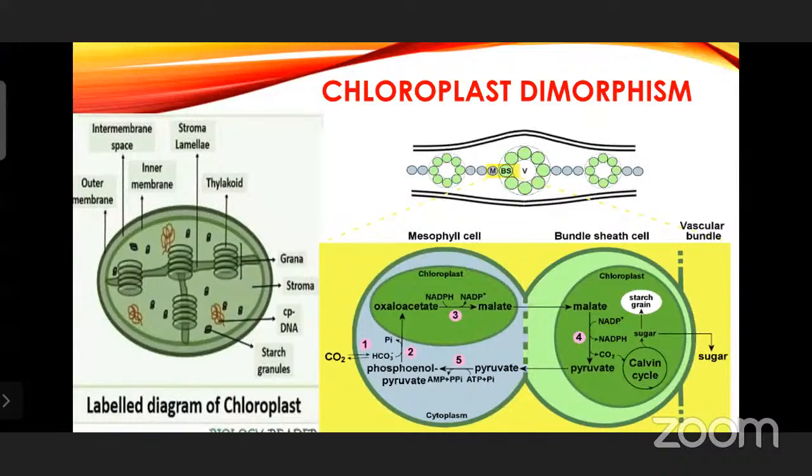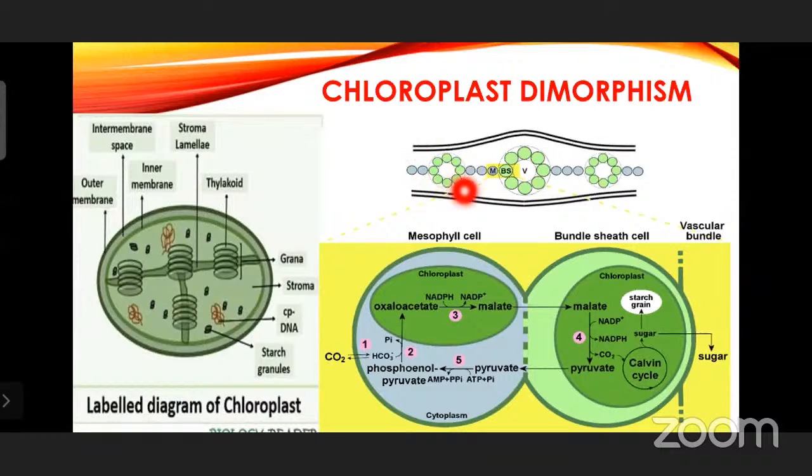One is grana chloroplast. Grana chloroplast will be having both the grana and stroma, where light reaction and dark reaction will be taking place one by one. In the mesophyll cells, only one type of cells, mesophyll cells, will be present. Whereas another, agranal chloroplast, means the Kranz anatomy. The Kranz anatomy where you will be having the mesophyll cells, mesophyll cells comprising of the